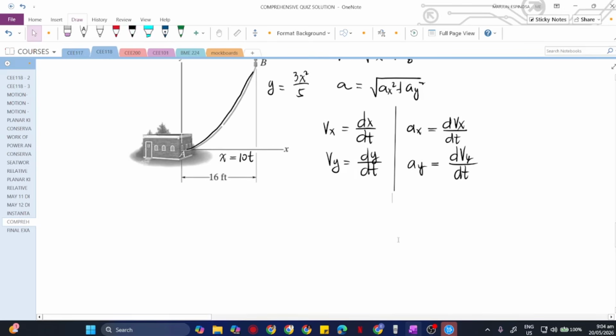Okay? Now to solve for vx, kunin natin yung vx. That is just the first derivative of x with respect to time, which is obviously equivalent to 10, kasi derivative ng t with respect to t is dt over dt, or simply 1. So yung velocity along x will be equivalent to 10. That means yung acceleration natin would be 0, kasi the derivative of 10 is just 0. Now for velocity of y,